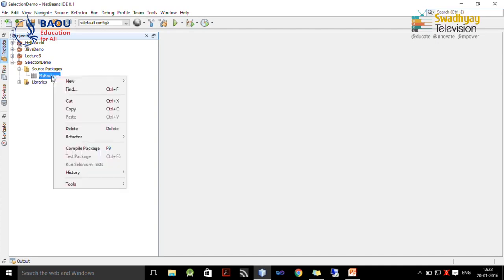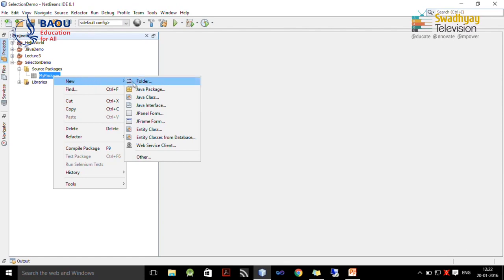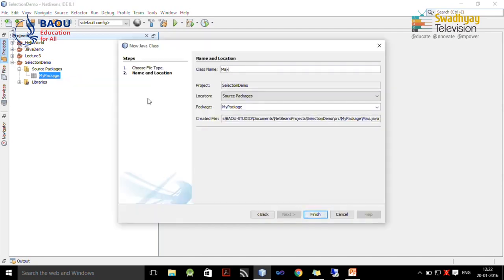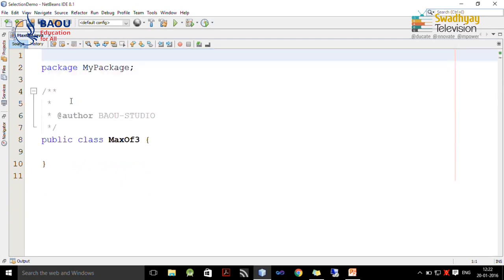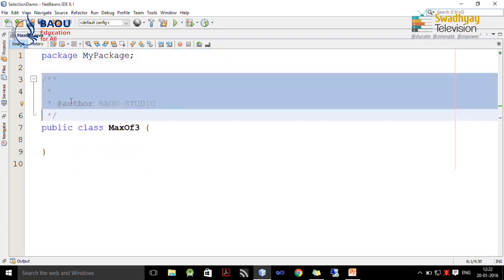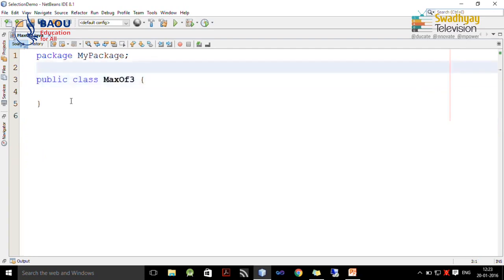We are going to write our classes inside this package. Now, right click on mypackage and then New, and we write our first program by selecting Java Class. You can give an appropriate name to your class. For example, our program is for finding the maximum of 3 numbers, so I write the class name as Max3, and our package name is mypackage, and then I press Finish. Now, I am removing this comment for better viewing of our code.